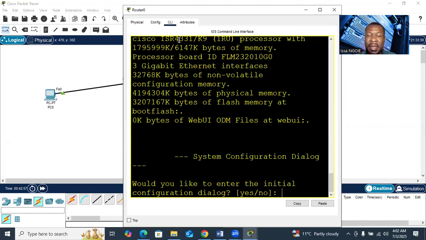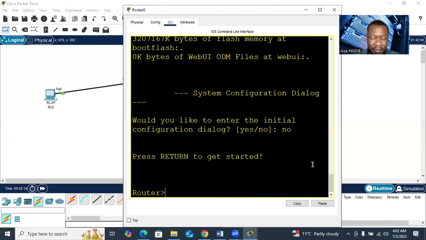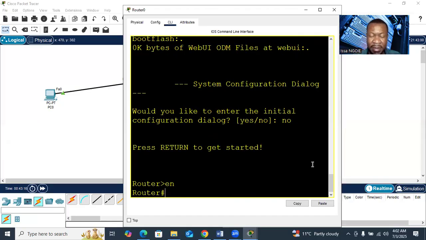Okay, CLI. You say no first. Type no. Remember, why are you typing no? Because a router will try to help you, or to assist you when it comes to configurations, right? Just say no. En. Now we're gonna say show IP